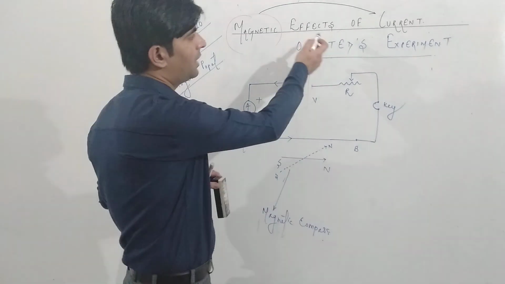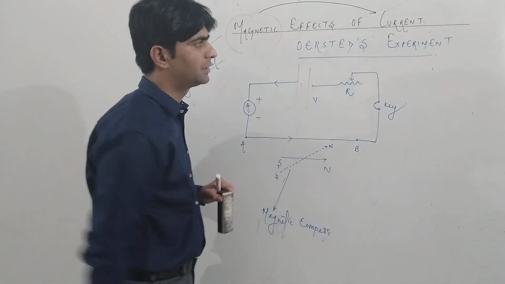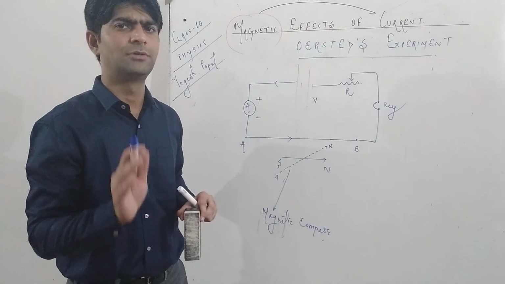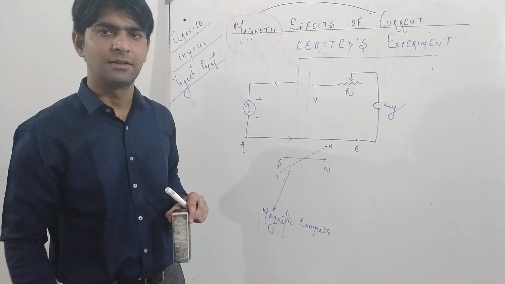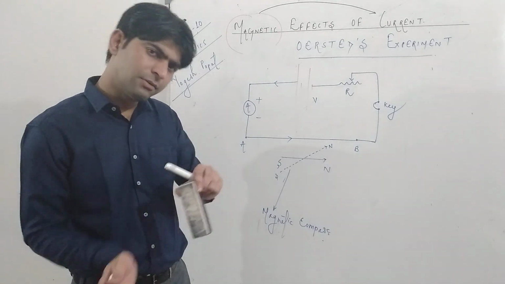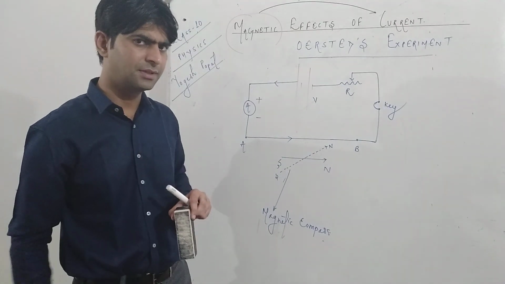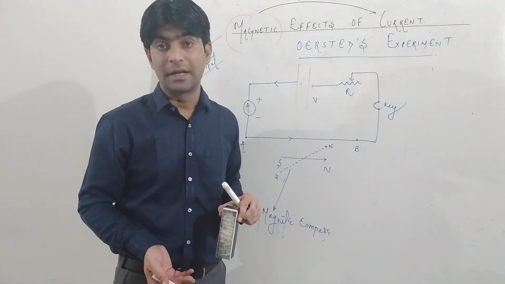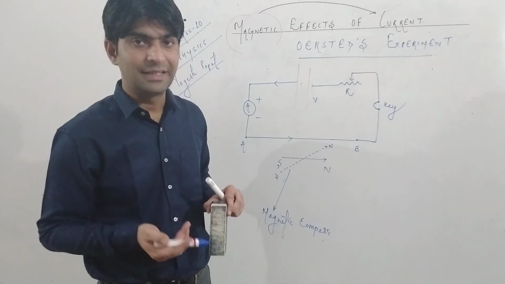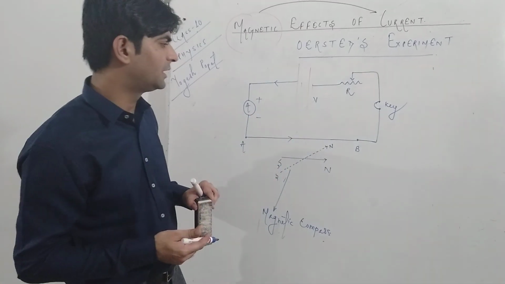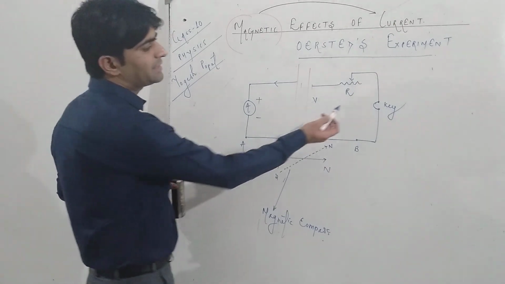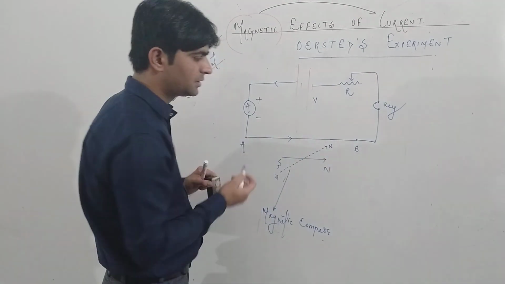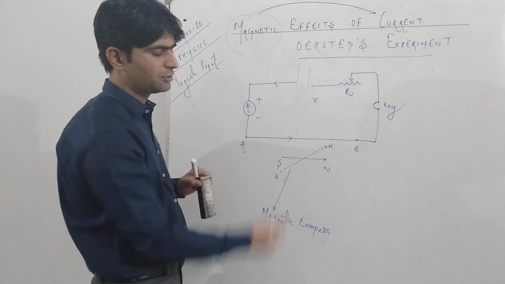So this is the initial topic in this chapter, that is Oersted experiment. The magnetic effect of current means a current carrying wire produces a magnetic field around it. This is called the magnetic effect of current. The reverse is also possible. At a later stage we will discuss that a changing magnetic field also produces electric current, which is the basic principle of the electric generator. So when the key is kept open, there will be no deflection. That means there will be no magnetic field. When the key is kept closed, there will be a flow of current, due to which the deflection occurs in the magnetic compass.